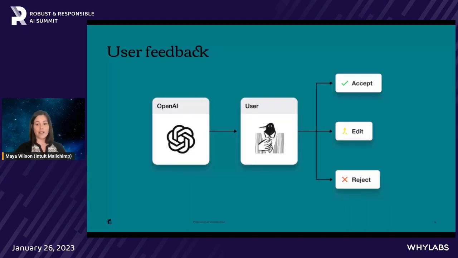Now, fortunately for us, the way we deploy these models, we actually build gathering feedback into the design. So OpenAI provides this wonderful model, GPT-3, to us. We provide it to our users, and then our users interact with it. They can accept the suggestions, they can edit our suggestions and then send, or they can flat out reject our suggestions. We think about rejection as either they have completely deleted the text that we suggested, or maybe they don't send text in that spot at all. Say we suggest preview text, they say, nope, I don't need preview text. That's what we consider a failure here. So there's a lot of metrics that we can gather based on this user involvement.